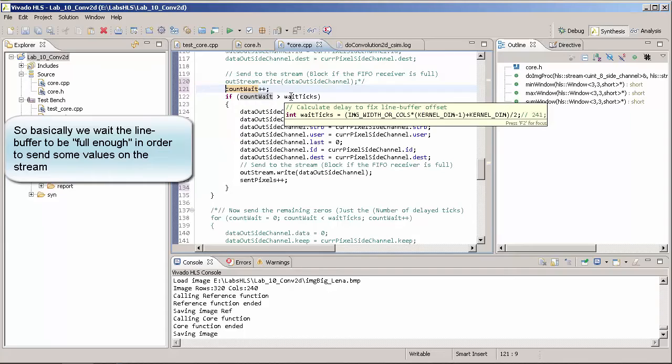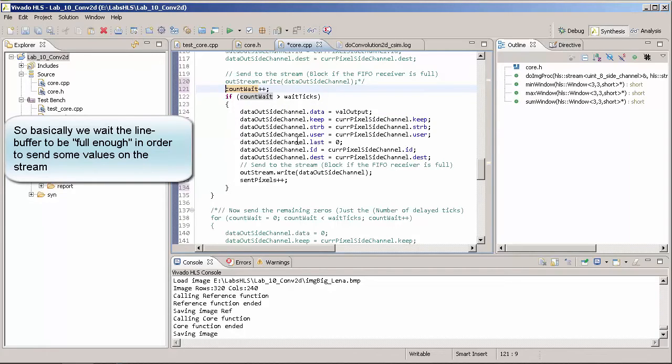Call it wait ticks, maybe I should call it wait pixels, call it whatever you want. So basically we're going to wait until our line buffer has a minimum amount of elements to start to output data. And by the way, our last element we put as 0 because we are not ready to finish